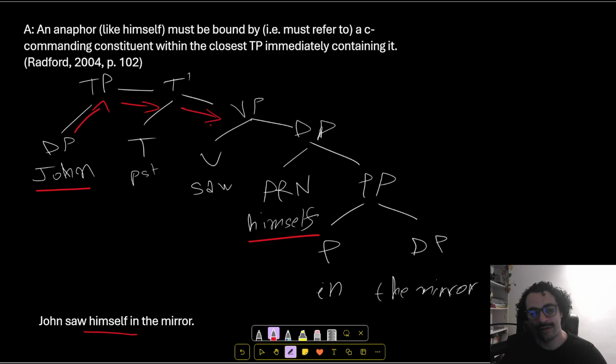So we go the first one, the second one, the third one, and then we keep going south and we find himself. Is it C command? Is John C commanding himself? Yes. So is himself bound in its immediate TP, in the immediate TP containing it? The answer is yes. Hence the sentence is correct. I hope this was clear. Let's move on to